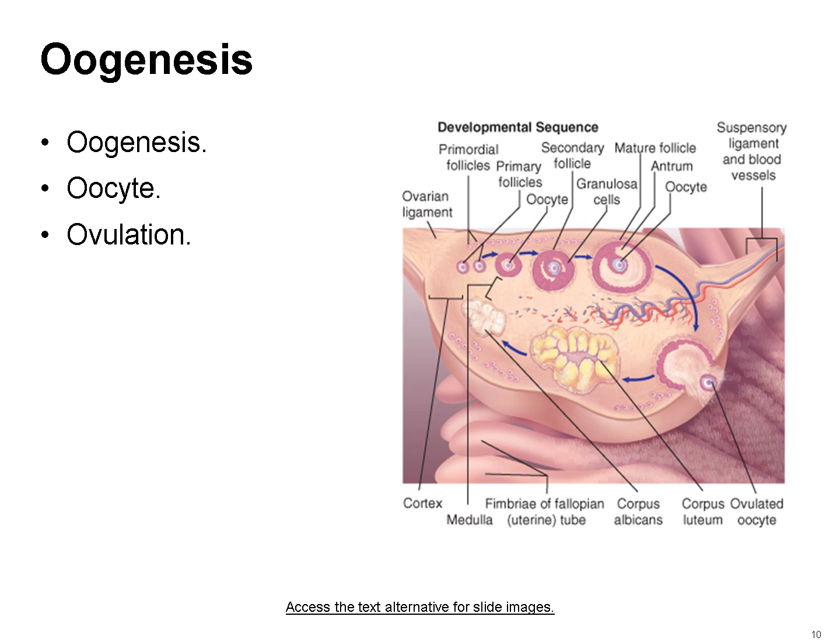Let's use the figure to explore the stages of oogenesis and the process of ovulation. Oogenesis begins with oocytes, which are immature egg cells. These oocytes undergo maturation within the ovarian follicles. During each menstrual cycle, hormonal signals stimulate the development of one dominant follicle, leading to the formation of a mature ovum. This mature ovum is ready for fertilization.